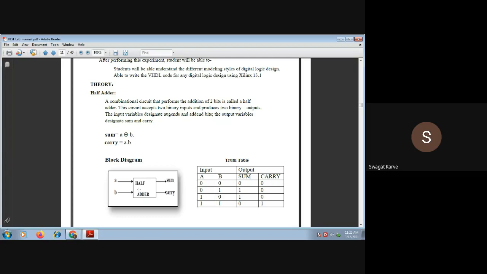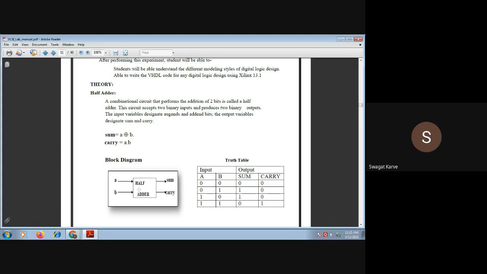First we need to identify the inputs and outputs required. That means how many inputs we need to define, how many outputs we need to define. So in case of half adder, we require two inputs and two outputs. From the design and from experience, depending on which application or which design you are using, you can easily decide the two inputs and two outputs.